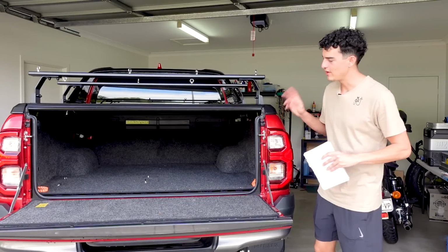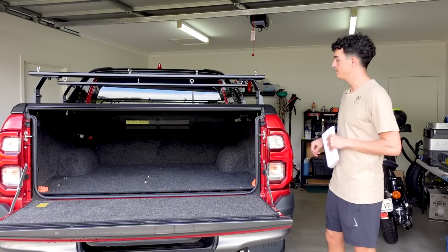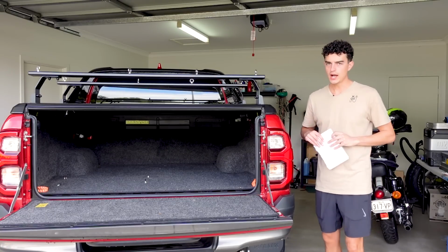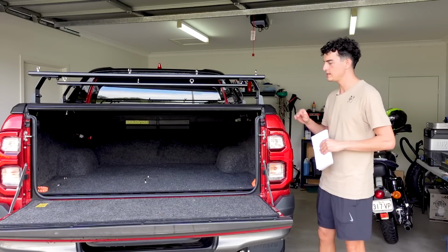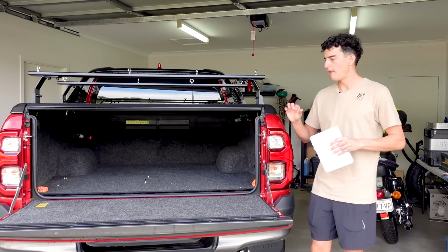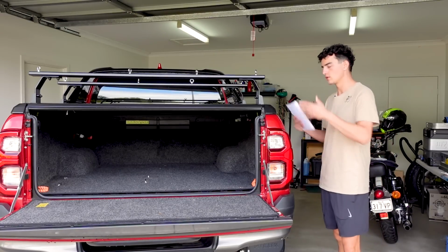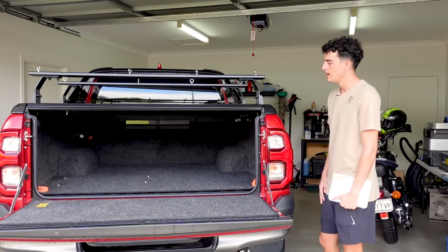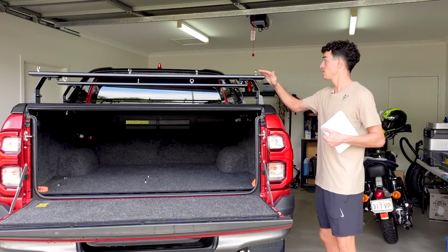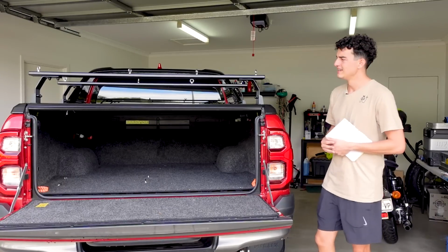Now, a common add-on that you will find with a lot of the competing brands, the higher spec utes, and also with this vehicle here, is the EGR Roll Track. It's conflicting. It's equally my favorite, but also my least favorite thing about the rear section of this vehicle, because it looks good. It provides quite a bit of protection, and also allows mounting of things like these racks very simply with just a few bolts, but